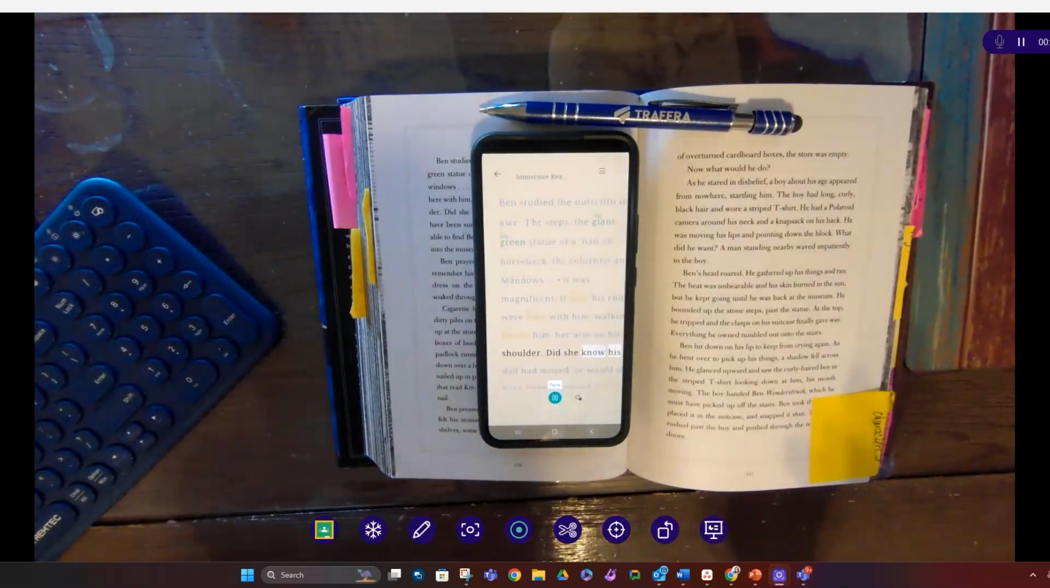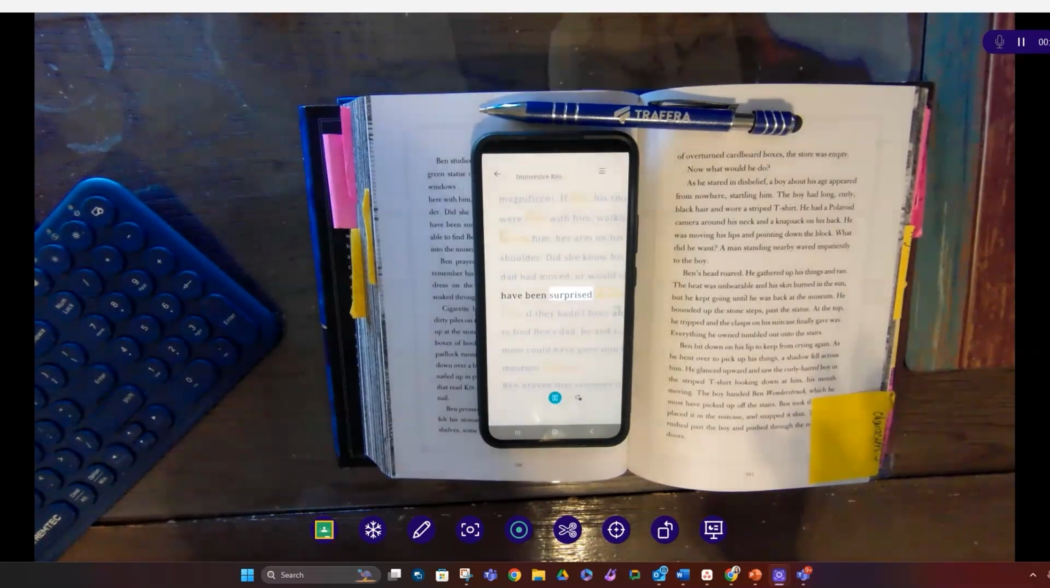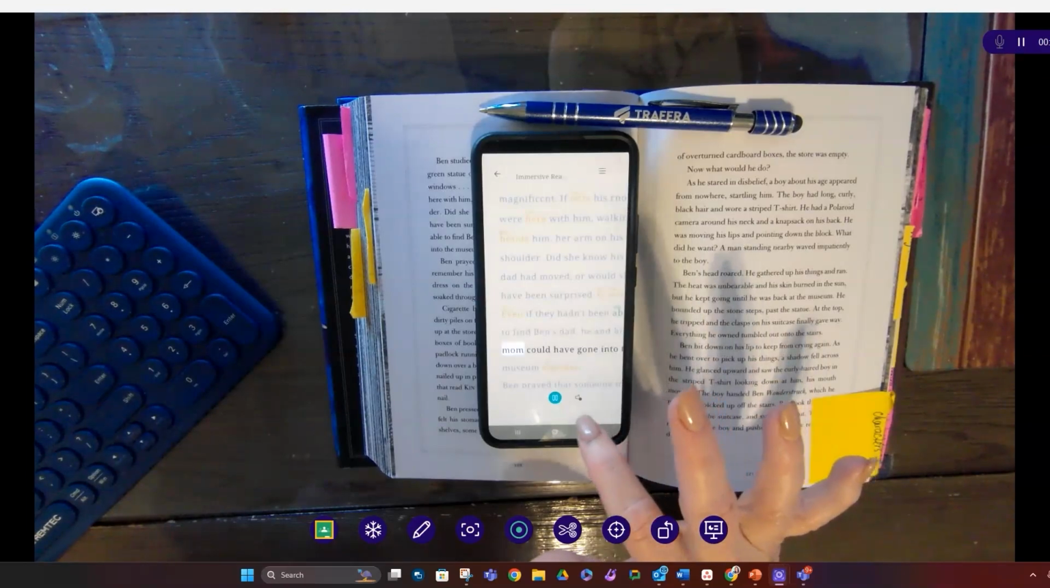Did she know his dad had moved, or would she have been surprised as well? Even if they hadn't been able to find Ben's dad, he and his mom could have gone into the museum